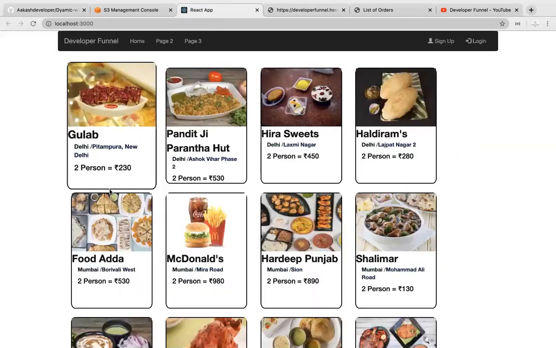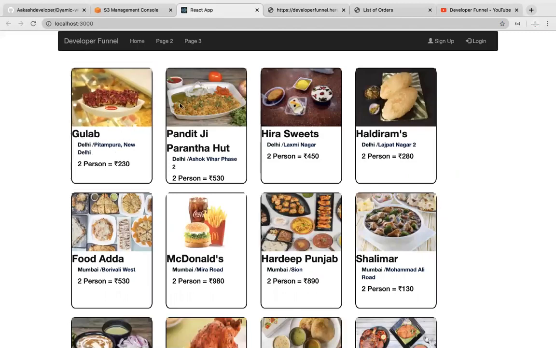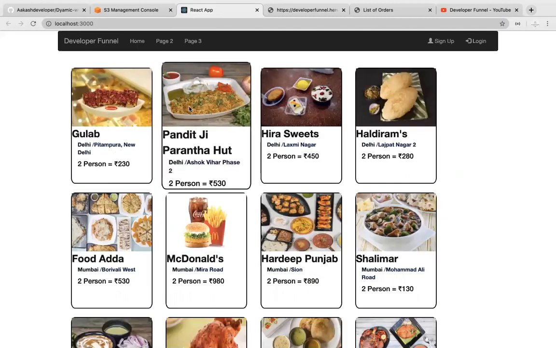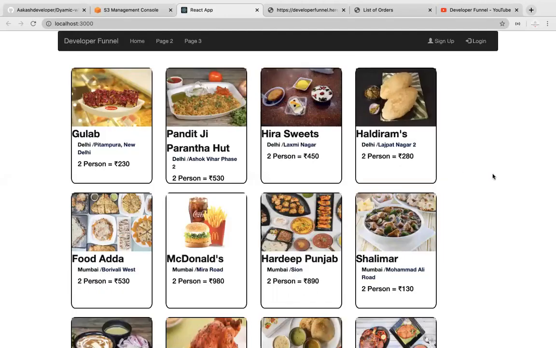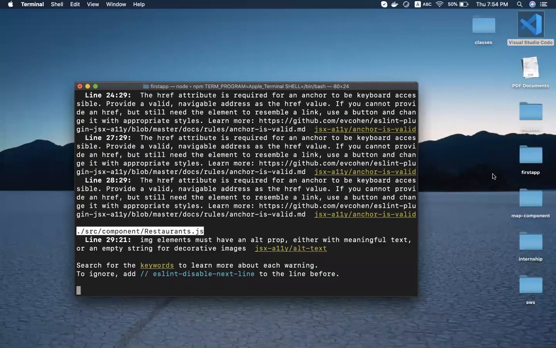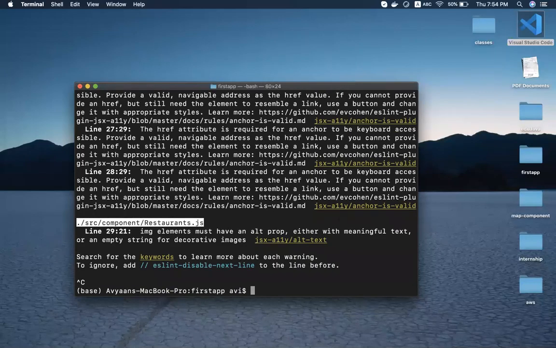So this is our complete dynamic website and our target is to host it on S3. When we work on dynamic websites, after doing development, how do we take it to production? We always make a build of this application. How? Once your application is ready, just write npm run build.